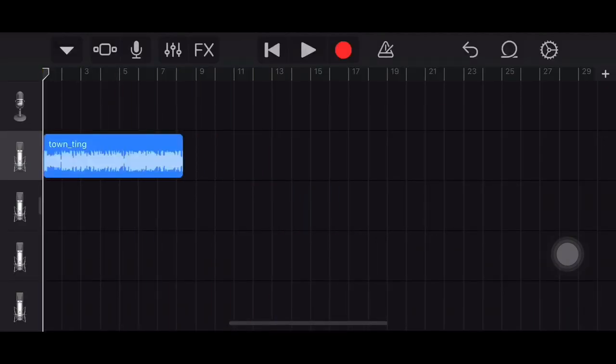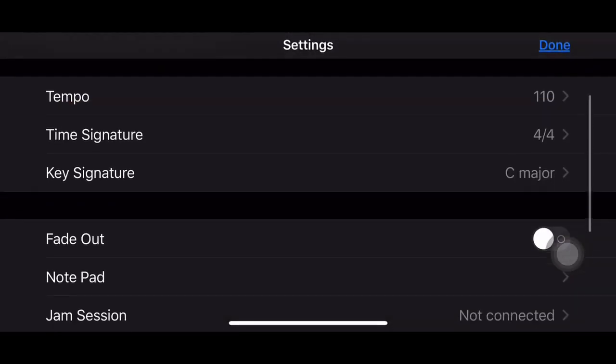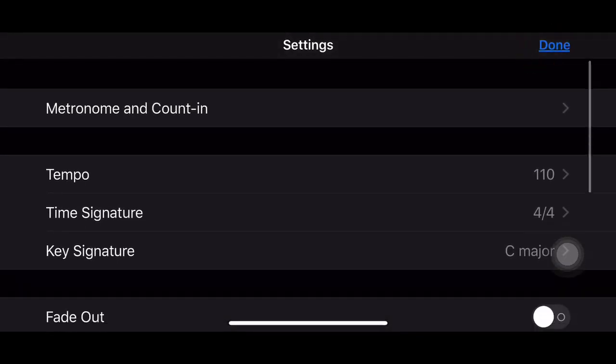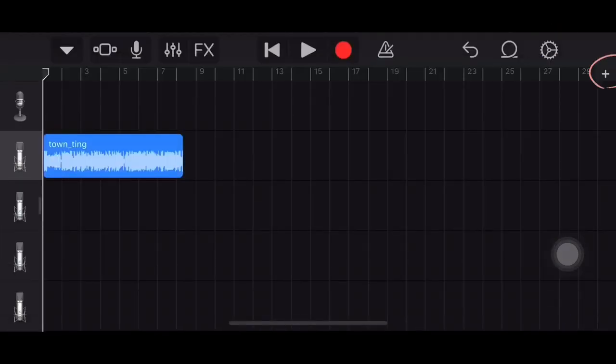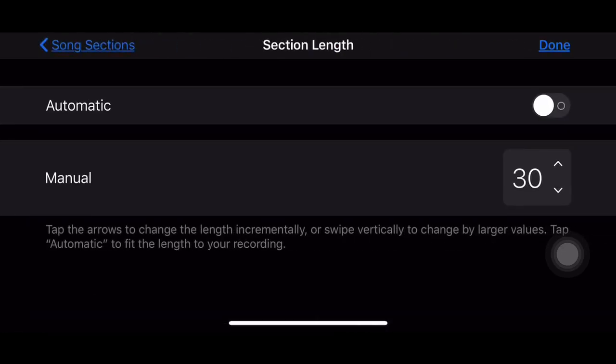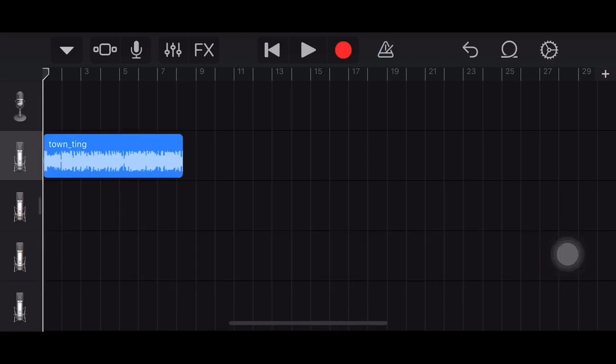And then once you do that, you're going to click on settings, make sure everything looks good and it doesn't sound off. Click done. Once you click done, click on the plus sign all the way to the right. Make sure it is at 30 bars. Make sure it's set for 30. Then after that, you can press play to listen to the